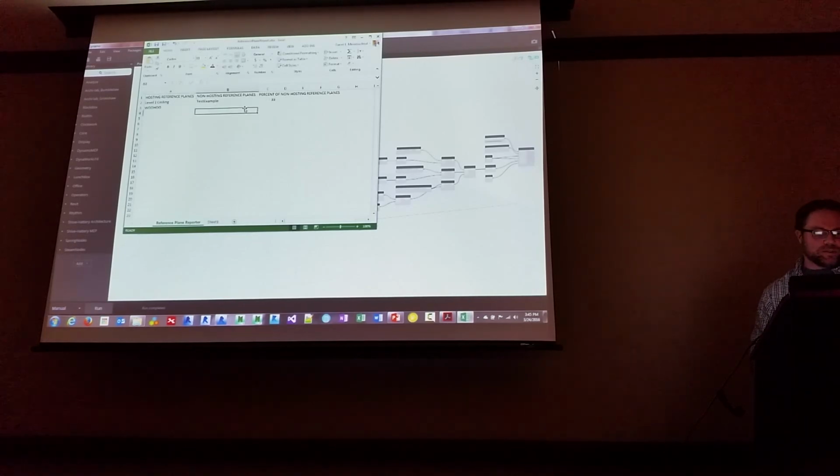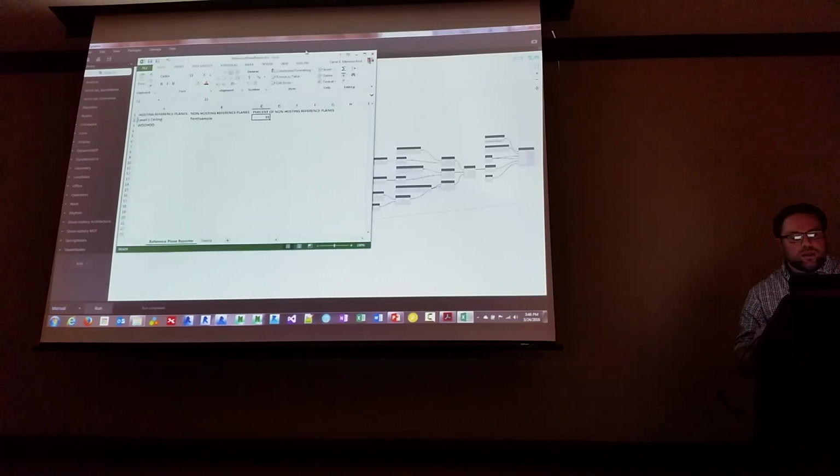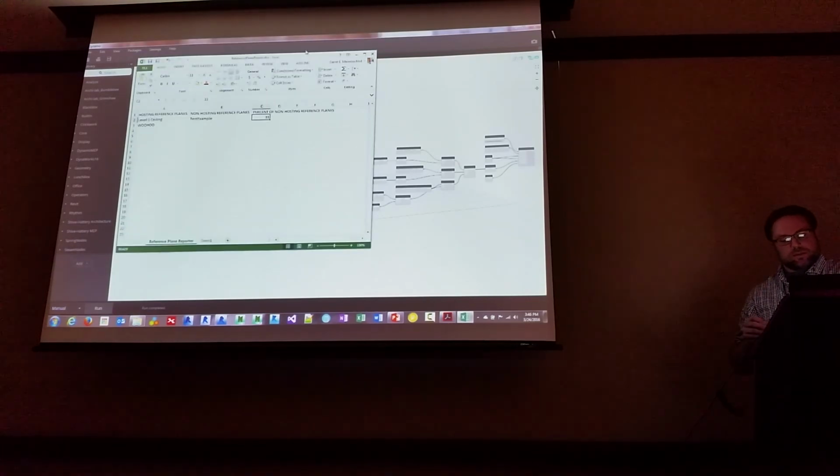I have non-hosting reference planes, and I have this test example. And then it gives me a percentage of non-hosting reference planes. You know, you can have it report back to whatever you want, but 33% of my reference planes aren't hosting. But I like this example because it's simple, it's easy to grasp, and you can start to see how you can do those relationship checks, you know, and project checks. And this is, like I said, this is one of those